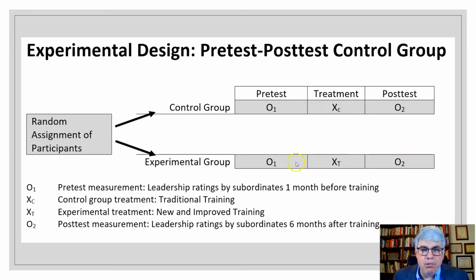And that's important because maybe this one, they rated their boss as 6.5 and they rated their boss as 6.0, and the difference was just due to chance. And on the post-test, this might come out to 6.5, and this might come out to 6.5. Now, if we didn't have the pre-test, we'd say, aha, 6.5, 6.5, not significantly different. But if we know, aha, this went up 0.5 of a point, this one didn't go up at all. It went from 6.5 to 6.5. It was a 0 change compared to a 0.5 change there. That's a more powerful way of detecting